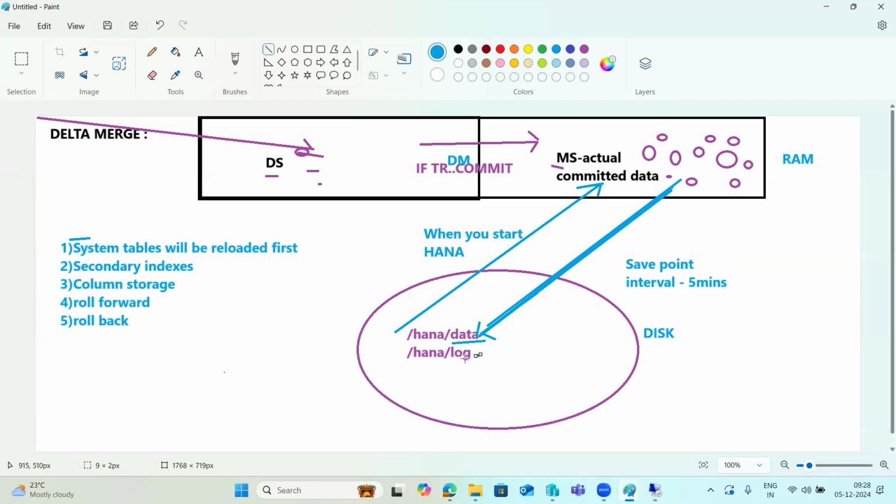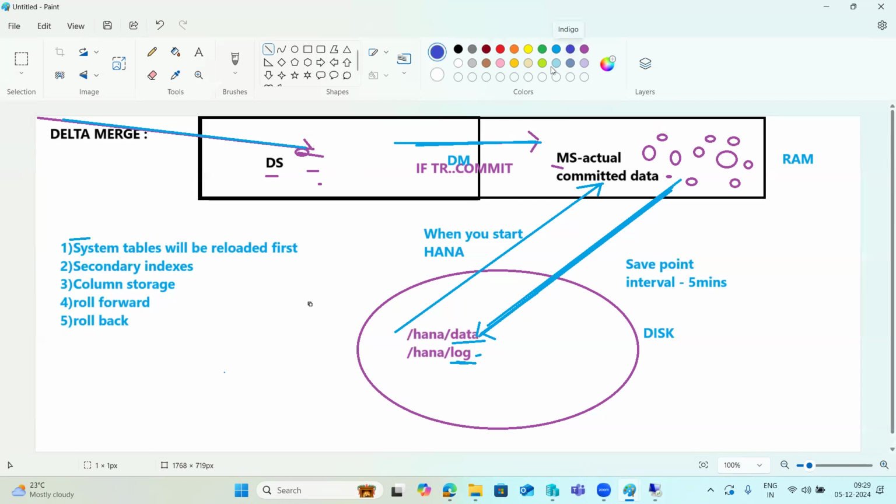So let me give some information on this area as well. Then you will get what data it's writing into the log area. This is called the archive log files. Normally we call it the transaction log files here, right? So it frequently writes the transaction log files here. Whenever a transaction is committed, before writing the data to the main storage level, one copy of data will be written into the